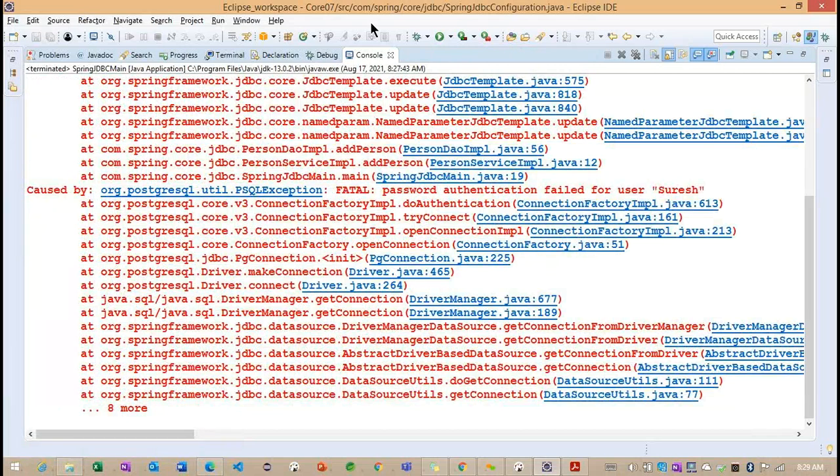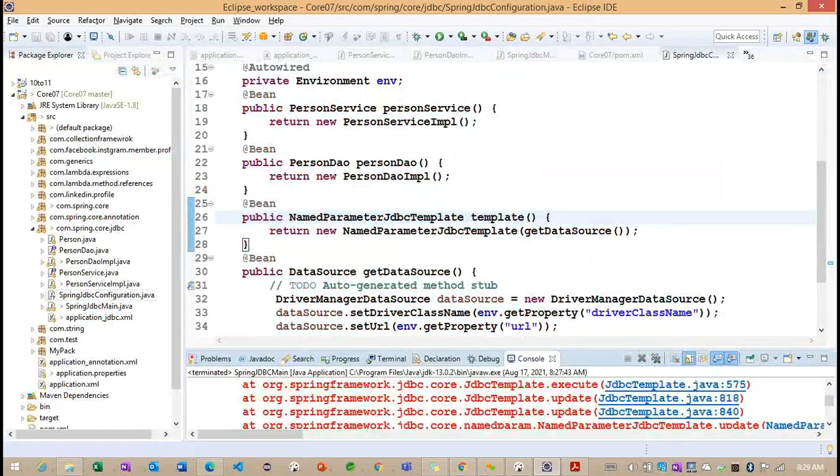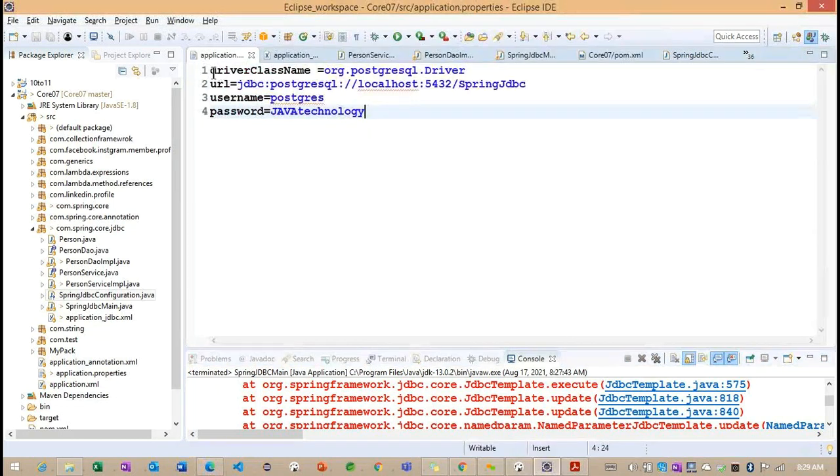Okay, JDBC. Let me change this particular configuration. I think we need to provide the information. Before here, I need to add jdbc dot.